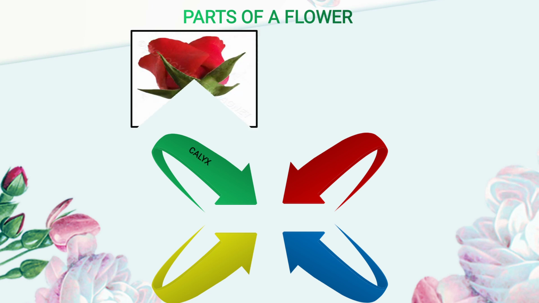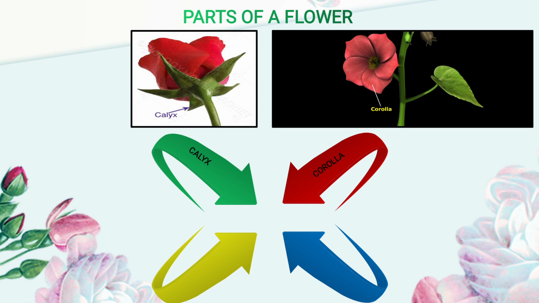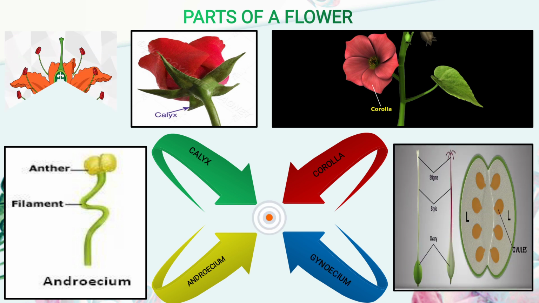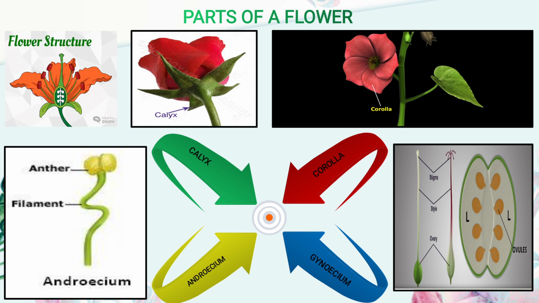Number 1 is the calyx, or it is called sepal, which supports the flower. Now you see in the image, it is labeled calyx, green in color, that is calyx or sepal. Another is corolla, the colorful part you see in the image, labeled corolla or petal we can say. The next is the androecium, the male part of the flower, and the gynoecium, the female part. Human beings also have male and female parts. So in flower also the male and the female part is there, which is male is androecium and female is gynoecium.